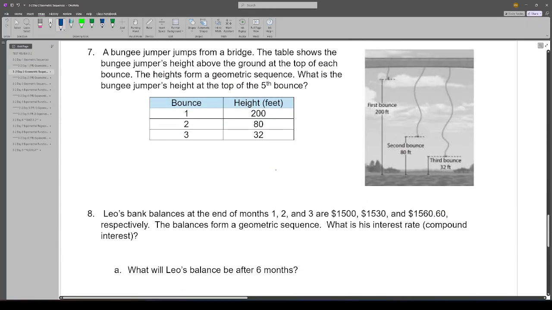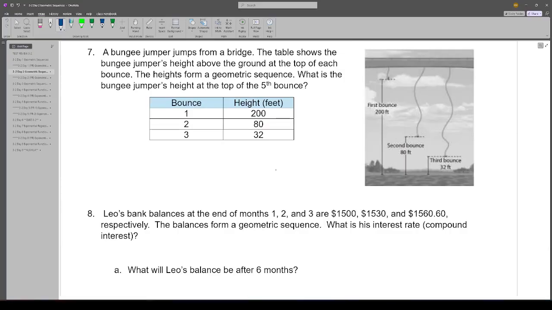Okay, then to close out today's notes, we have some word problems. So this first word problem is about a bungee jumper that's jumping from a bridge. And we have the table showing his height above the ground at each bounce. So basically, you bounce the most on the first one when you have the most kinetic energy rebounding you back up. And then each time you bounce a bit lower